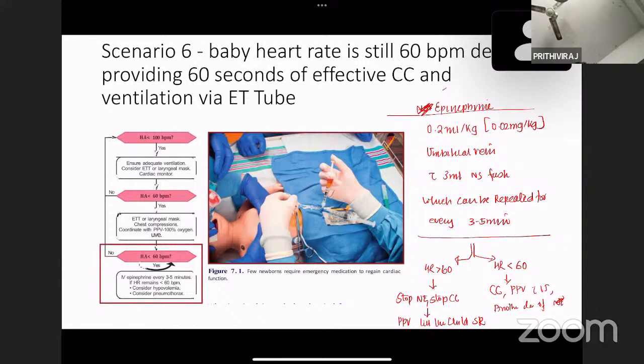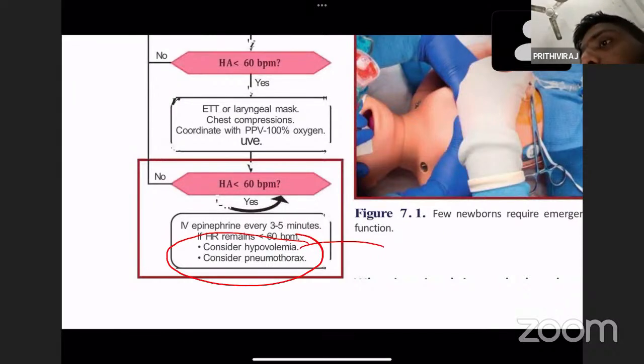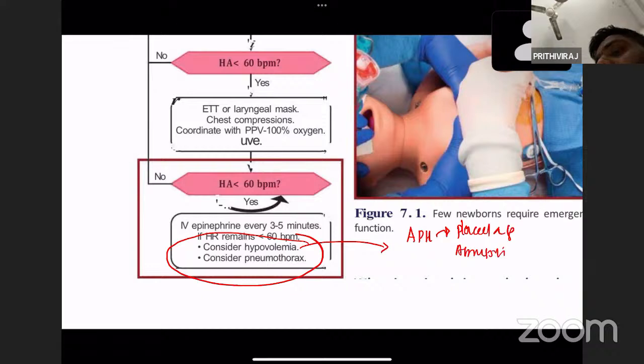After giving 2 or 3 doses of epinephrine, giving an adequate amount of chest compression and adequate ventilation, if the child's condition is not improving, then one important thing is you have to consider hypovolemia and pneumothorax. So treat accordingly. If you are suspecting hypovolemia, if it was a case of APH, antepartum hemorrhage, there was a placenta previa or abruptio placenta, then that will tell you